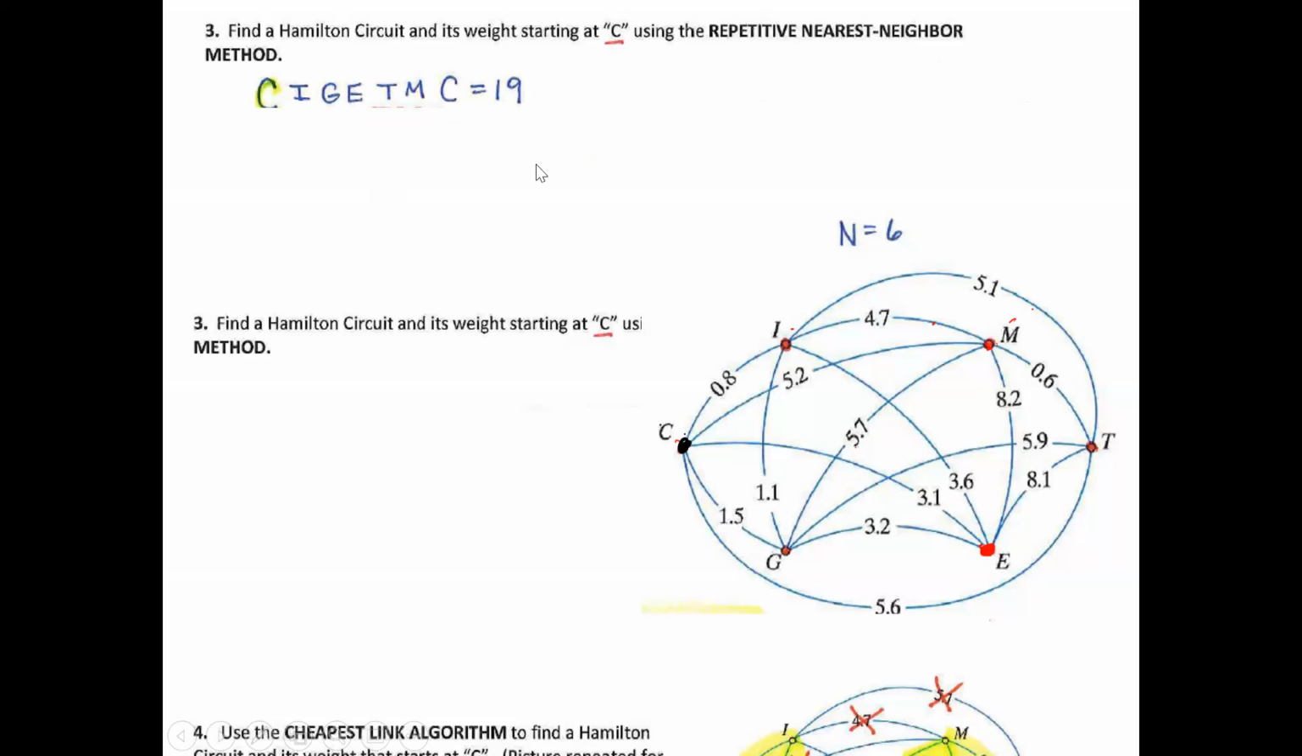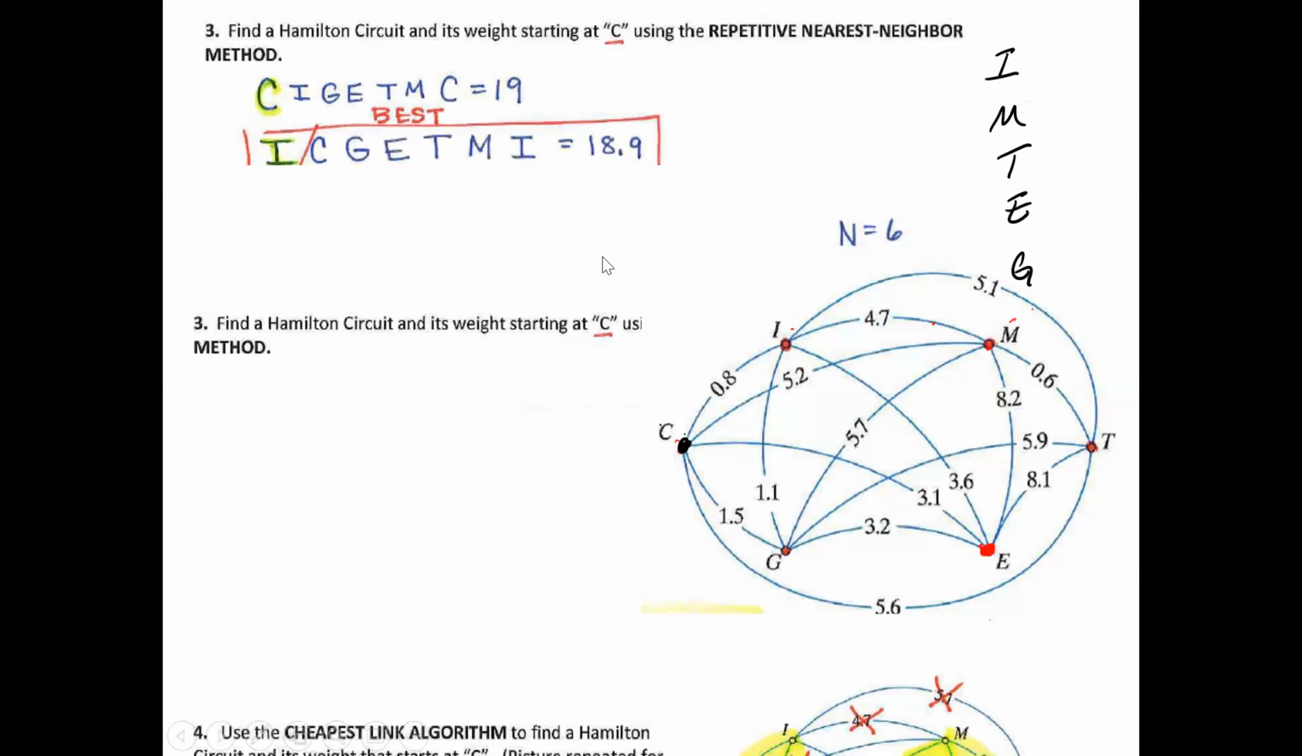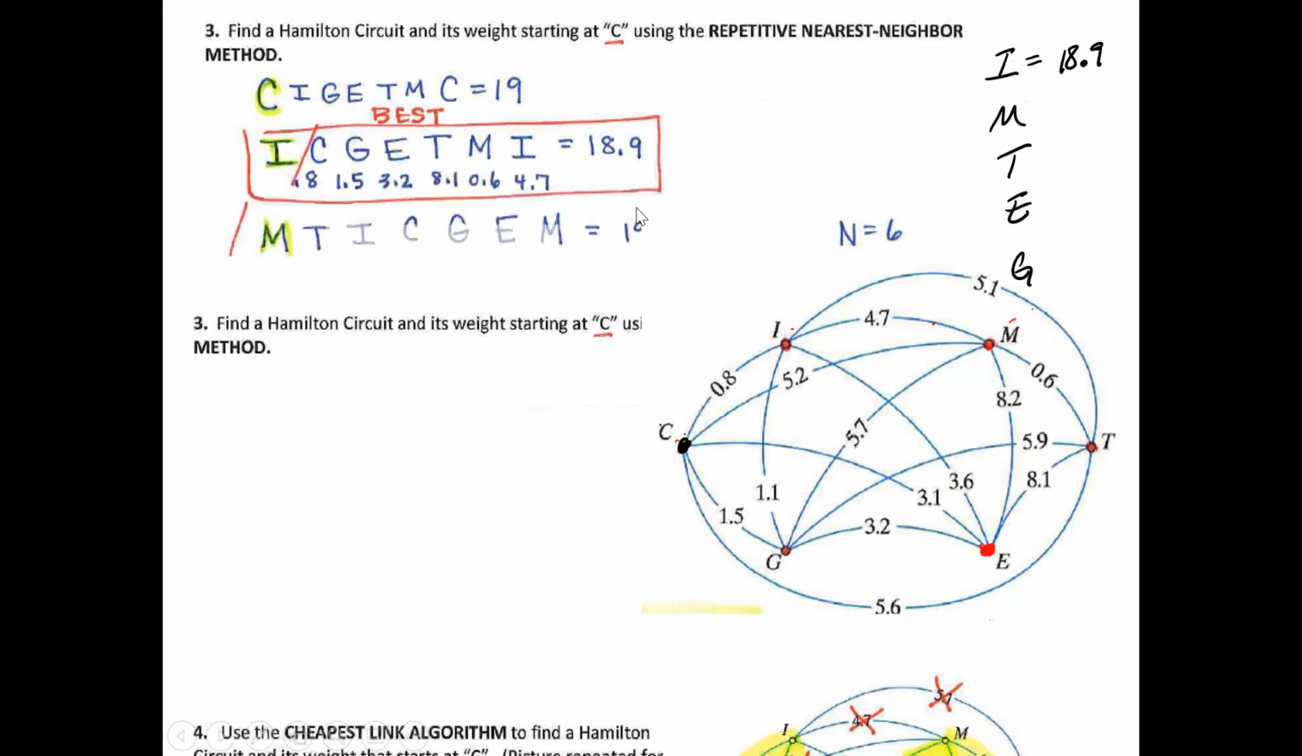But then we can go ahead and also start at another one. You have to find it. What if I decide to start on I? What if I decide to start on M or T or E or G? Because I already got C. And it's found out that if I were to start at I, this will give me the lowest one, which is at 18.9. If I started at M, it will give me